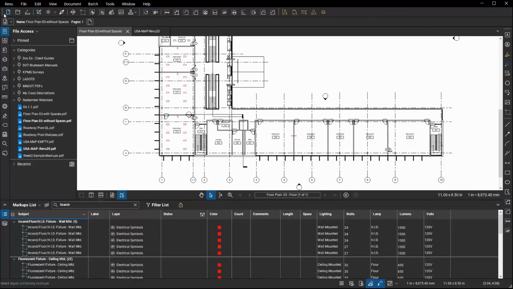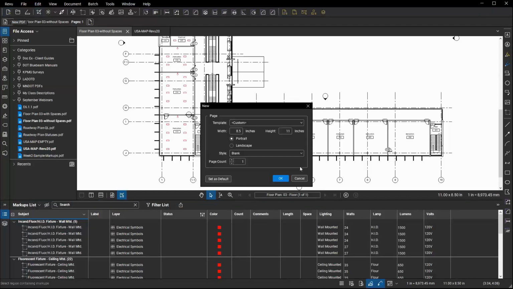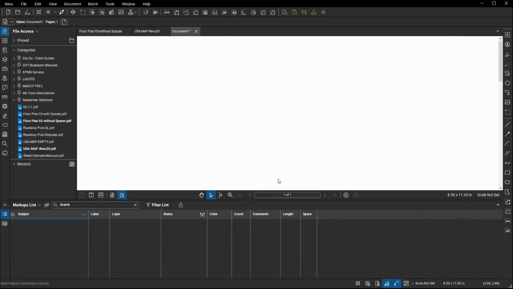So I'm going to start with a brand new empty 8.5 by 11 as usual. And when I open that, you'll see the markup list with none of that custom stuff in there. This is more typical of what you're probably seeing. So how do you control this thing? What is it? The markup list, for lack of a better word, is a database inside of your PDF file